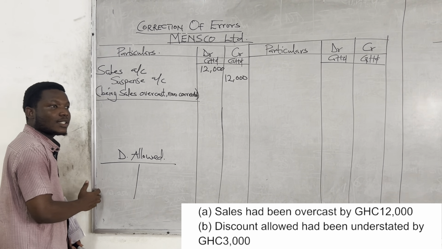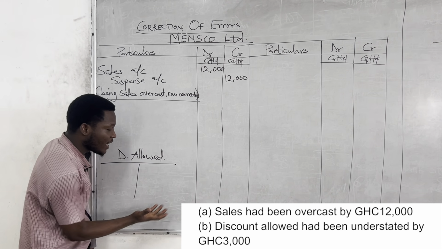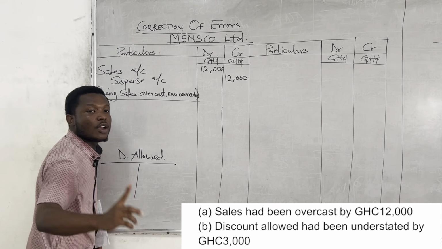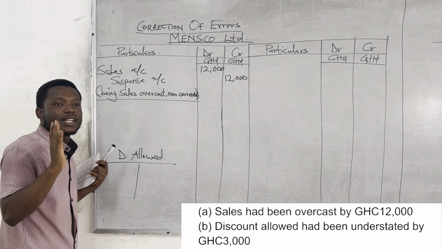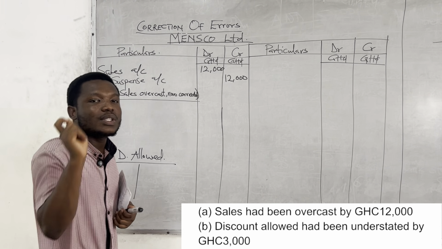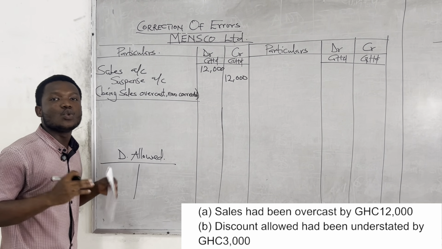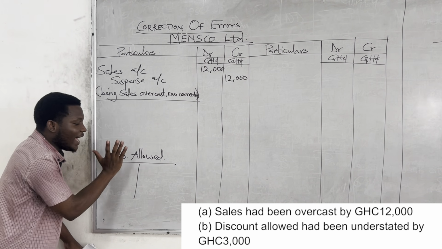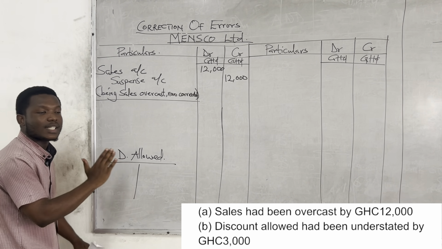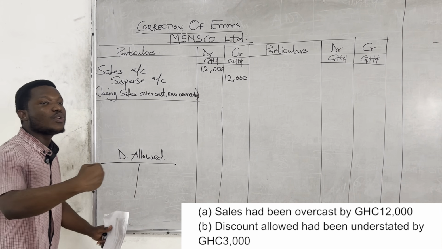Someone will say, hey, discount allowed, I'm giving someone a discount, so it means I'm the one paying, so it has to have a credit balance. It's fair enough to think that way, and no one is saying that you are wrong. But in accounting, we have our principles. We have certain ways that we do our things that no one can change. So discount allowed has a debit balance. So in accounting, that's the principle. Discount allowed has a debit balance. So don't relate it to